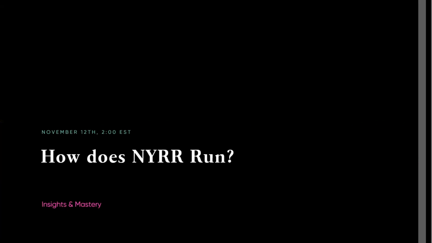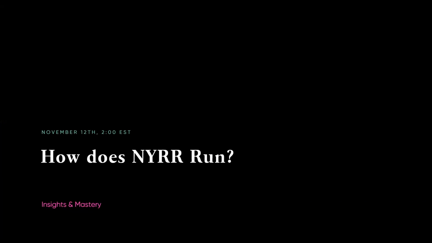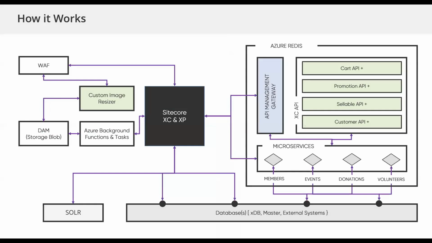Show you a little bit of under the hood of how it runs here. And so what you're looking at here is a high level architecture of the solution. And we have XC and XP sitting in the center over here. And what's interesting is, again, where I mentioned that 18 million, 50% of the revenue generated on top of Sitecore